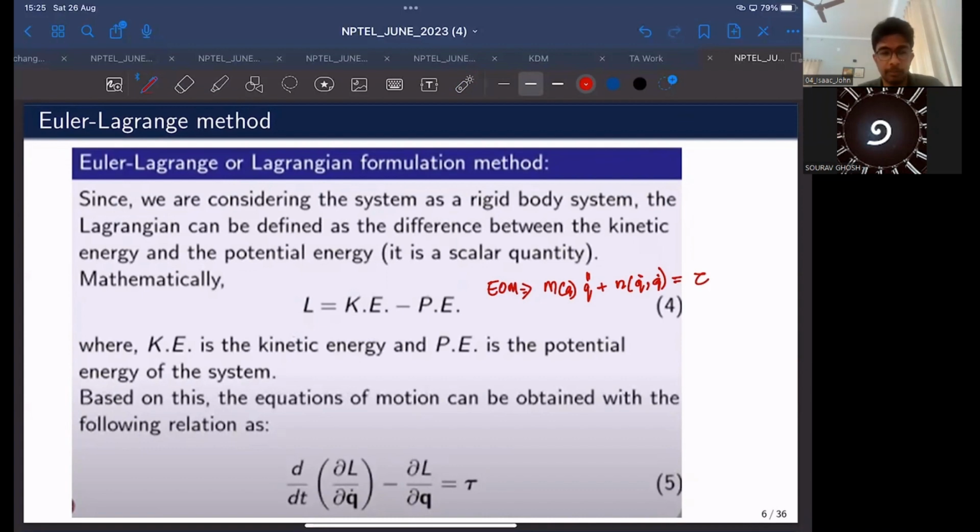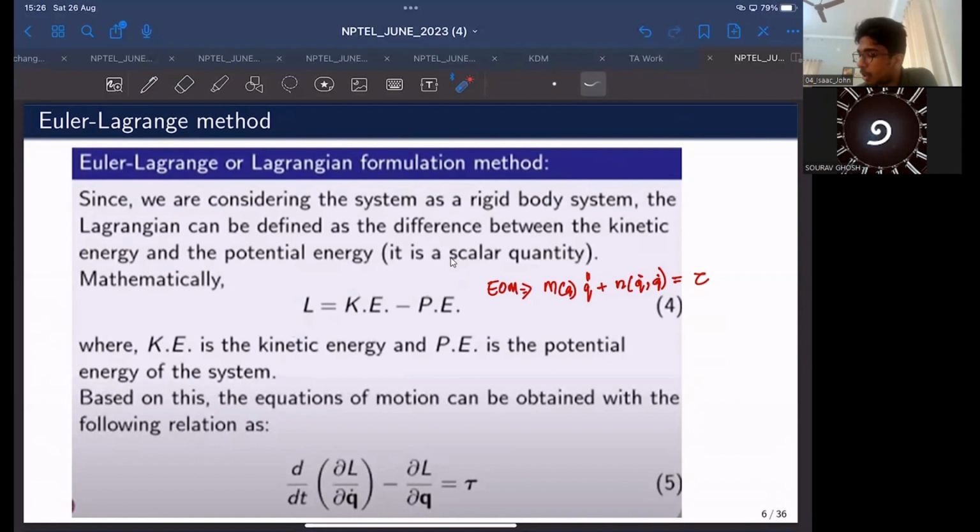there are two schemes, as you might have come across in the lectures. We have something called an Euler-Lagrange method. This is an energy-based method. And if you have tried problems using either of the methods, the Euler-Lagrange and the Newton-Euler method, you might have observed that using Euler-Lagrange is much easier than using Newton-Euler for smaller robotic systems, or in the sense robotic systems that have a fewer number of links, right?